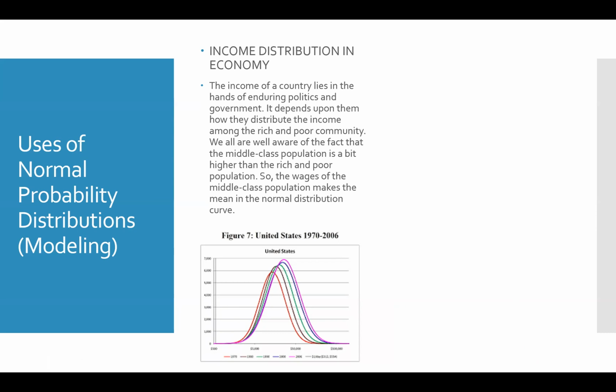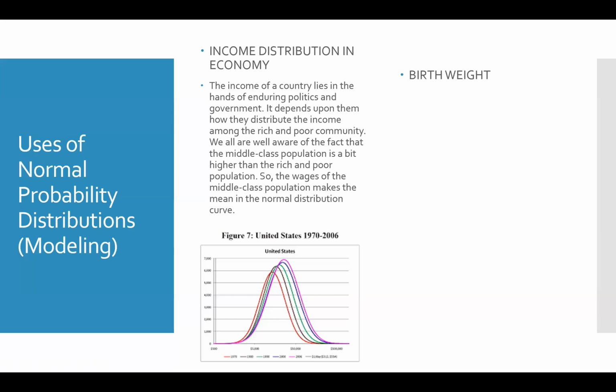The median or the middle income, the mean income, has increased from what it was, say, in 1970 to what it was in 2006 on this particular figure. So again, you can begin to determine that. And so if you're trying to maintain a bell-shaped curve, maybe that's when you think about raising the cost of living, or you think about raising the minimum wage.